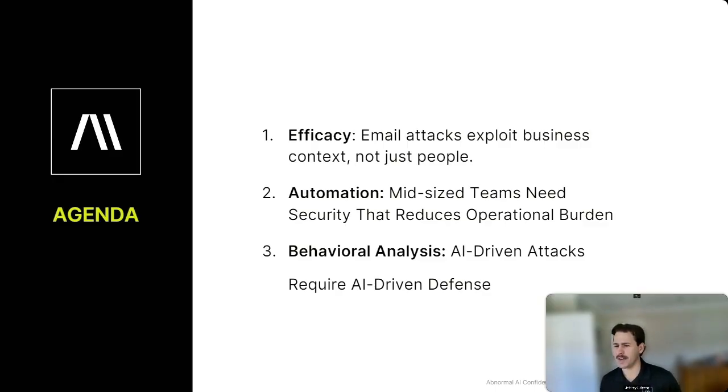The second component here is really around automation. I think this is really pertinent for mid-market organizations in general, because each and every one of you is asked to do more with less. That's really where Abnormal, from the ground up, is designed to be an automated solution to reduce some of that burden that falls on your shoulders, especially around email, which is a laborious task, playing that game of cat and mouse of catching up with threat actors while ensuring deliverability to end users.